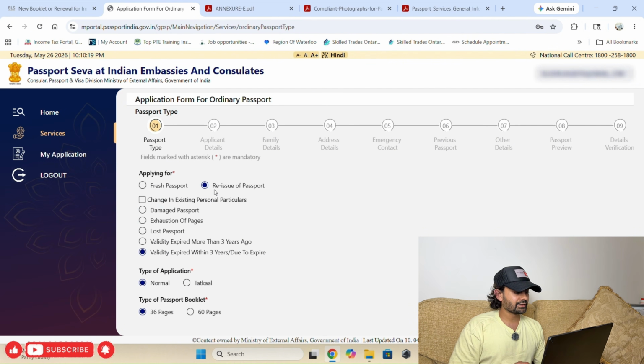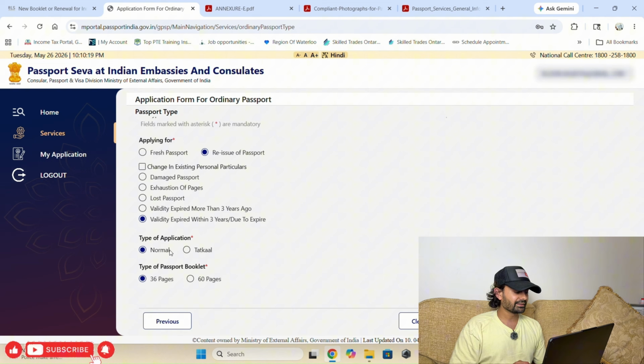After that, select reissue of passport. Now for example, if your signature or appearance has changed, then you can select change in existing personal particulars, or else you can also select validity expired within 3 years or due to expiry. Then select the type of application and the number of pages you want for your passport booklet and then click